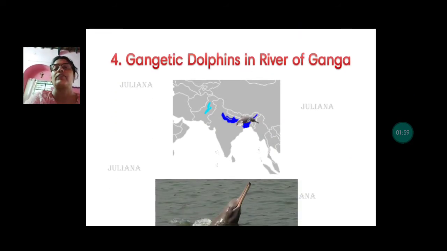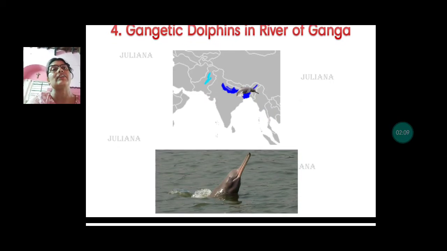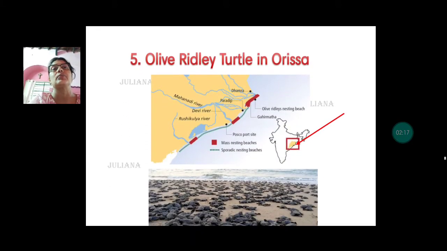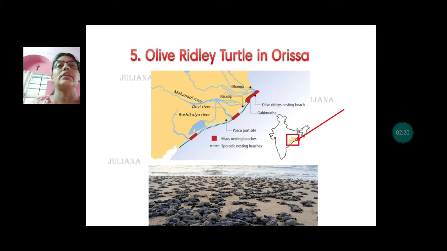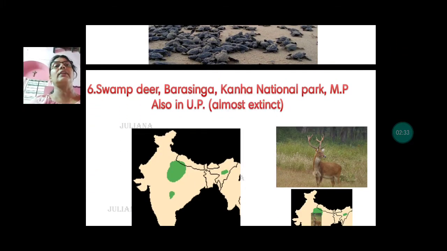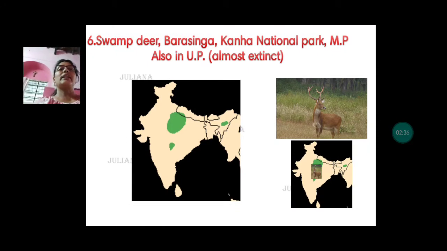The Gangetic dolphins are found in the lower and middle course of river Ganga. I've shown a picture of little dolphin over there. Okay, in the lower coast of Ganga, that is in West Bengal, also in Bihar, okay, and lower course in Uttar Pradesh as well. The fifth is olive ridley turtle. The moment you say turtles, ridley turtles, remember Orissa. Okay, especially the eastern coast of Orissa where ridley turtles are bred, and large number of ridley turtles are found here on the eastern coast of Orissa.